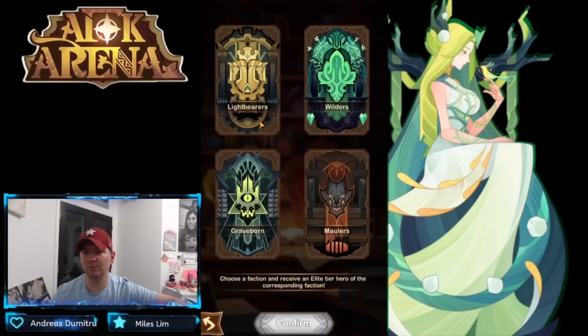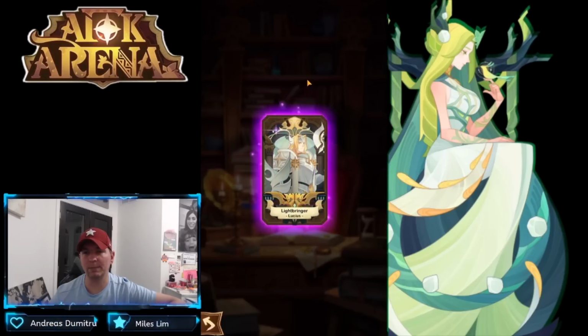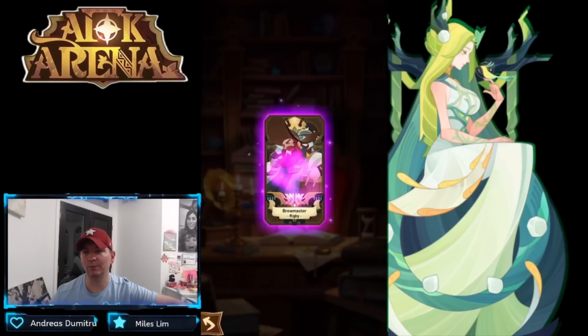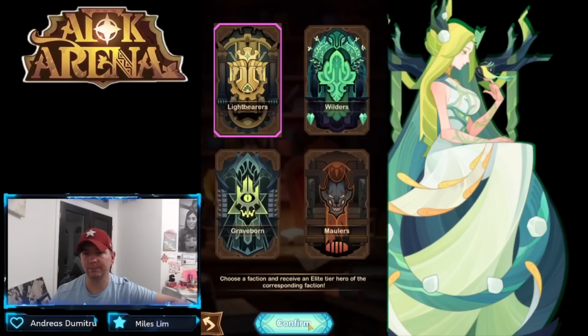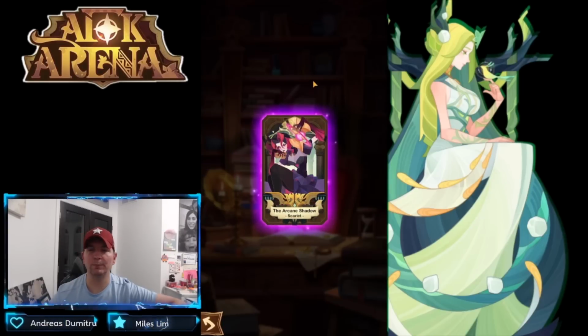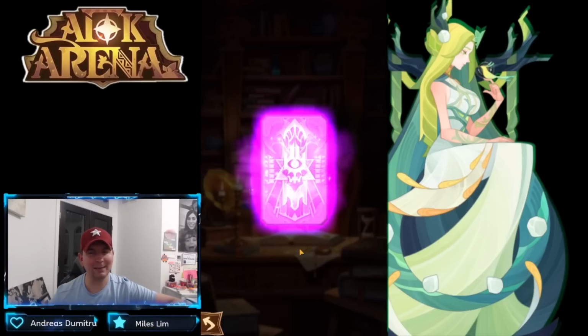I'm going to use these 4, and I'm thinking Lightbearer, guys, just because I would love to see some more copies of Scarlet. If not, it's just going to be more food. We did not even see one single copy of Scarlet in there, guys. There we go. There is Scarlet. That's what we're looking for. I'll do some Greyborn, and I think I'm going to do...